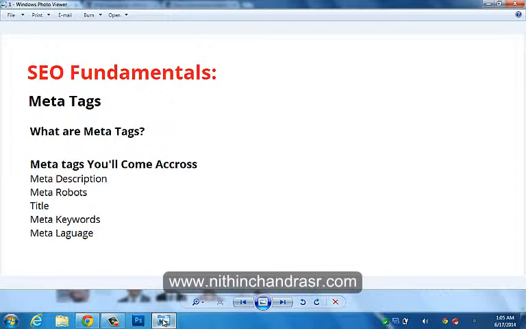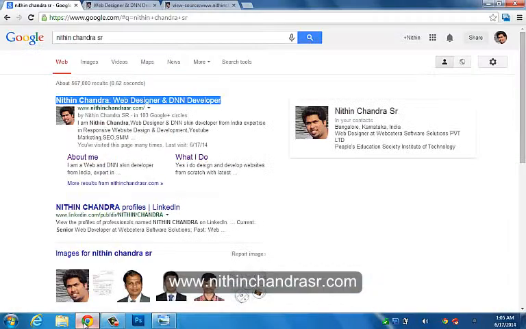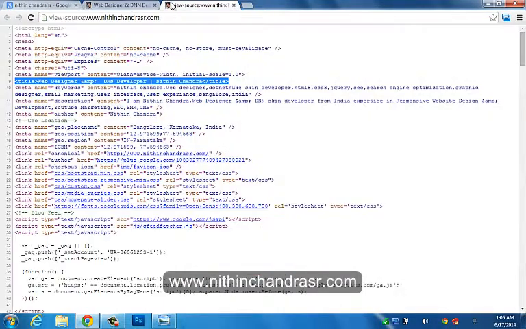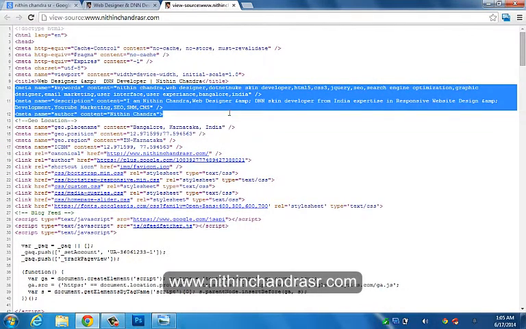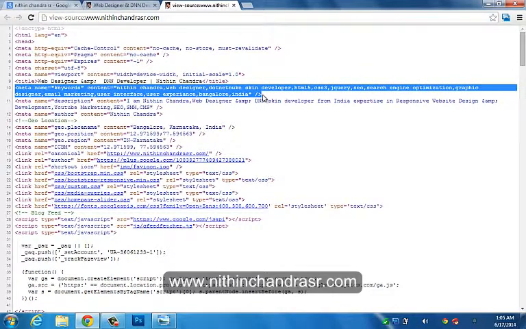If you want to implement it, just use the normal keywords meta tag, where the name is keywords and the content is around 5 to 6 words, which are the main important keywords regarding your website. But remember that it has lost its importance in search optimization, and it might just be used as an add-on to the description.